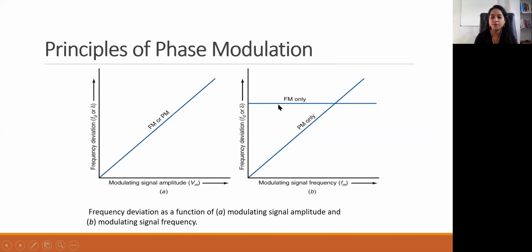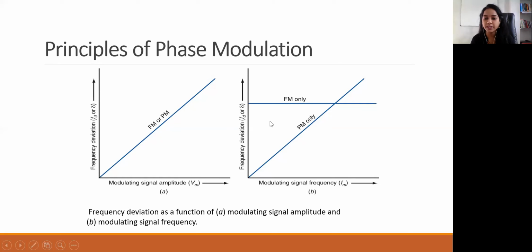So here some principles of phase modulation are given. You have frequency deviation. This term we have already defined in our last class, what we have seen for frequency modulation. So you all know what is frequency deviation. You have a center frequency, that is the carrier frequency, and from the carrier frequency, whatever frequency of sidebands we take, that is called frequency deviation, and it is denoted by the letter delta or FD. So here modulating signal amplitude varies the frequency and phase of the carrier frequency.